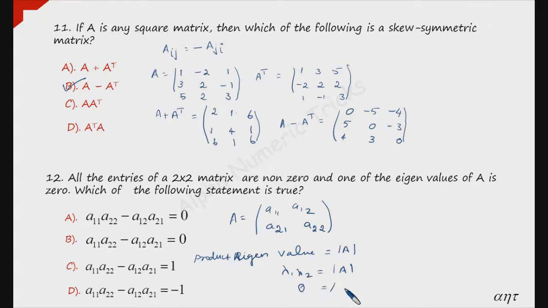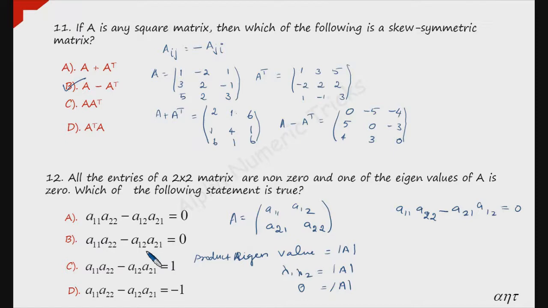So that is equal to determinant A. Now by the condition, one of the eigenvalues of this is equal to 0. So 0 is equal to determinant A. So we have to find out the determinant value for the given matrix. So we have to use cross multiplication: A11 A22 minus A21 A12 is equal